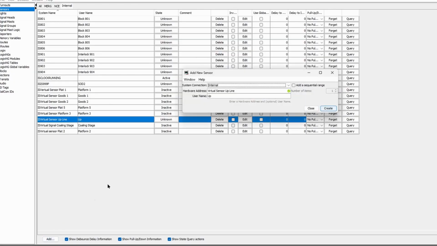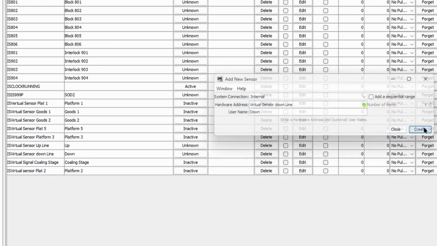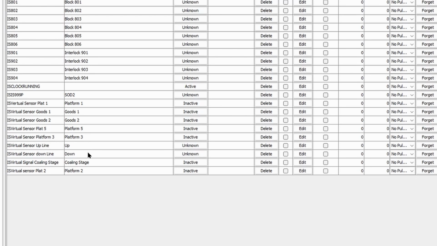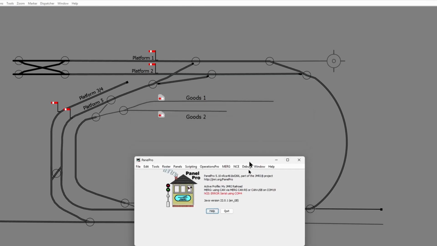Let's do another one then for virtual sensor downline, and being old conventionalist, we'll call it down. So there we go, we've got our up and down sensors, at least in the system, but they're not showing yet. So the next thing to do is to close that down, get rid of that for a moment,